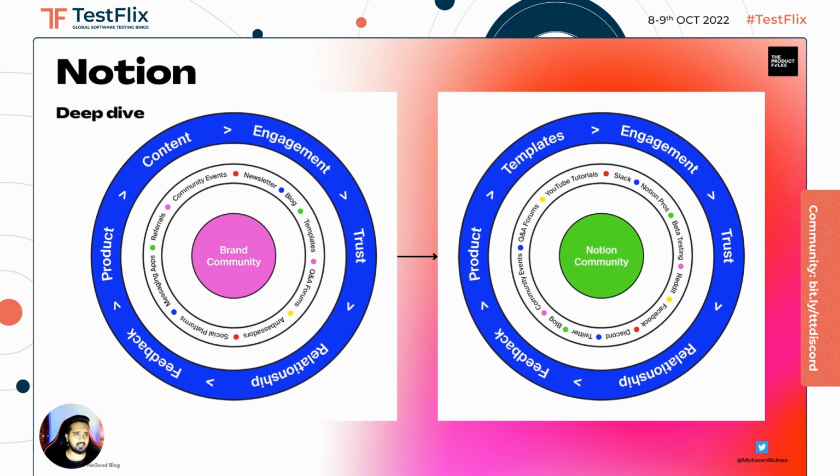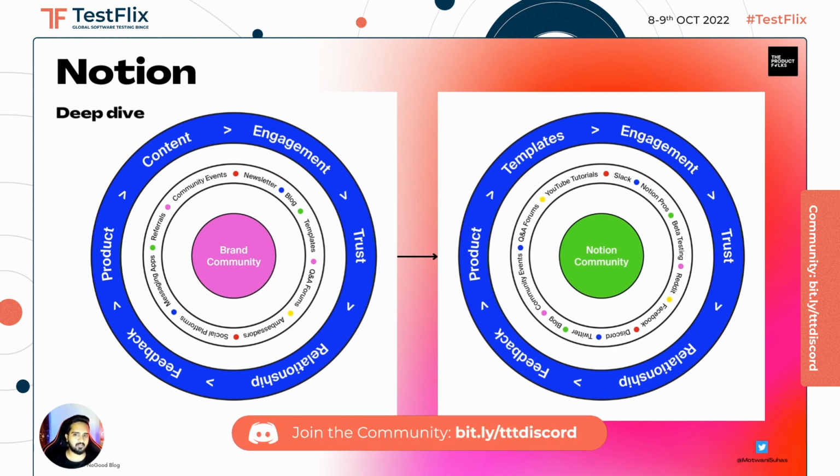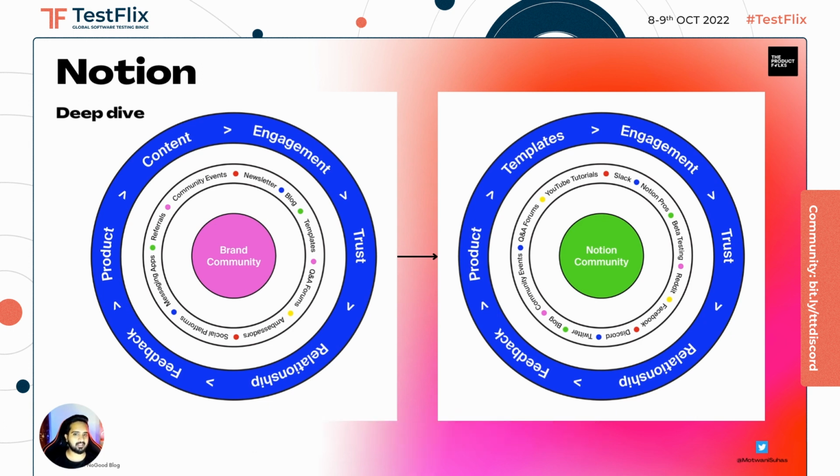And last up, but definitely not the least, it created a parallel economy. Today, Notion thrives on a huge template layer. No one wants to start from scratch. So this template layer is something that is really driving a flywheel for them. Not easy to get here, but a strong inner flywheel has really helped them support a strong outer flywheel. Definitely lots of other good things going for them, but these are three that I'd love to highlight. You can create something very similar for your community as well.